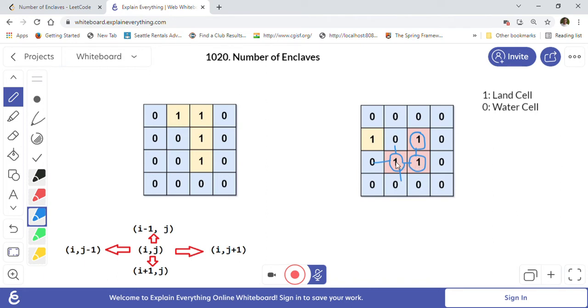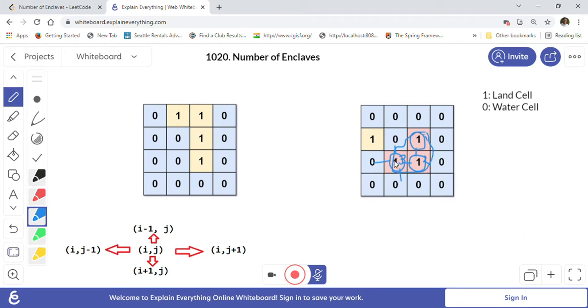So there is no way we can walk off the grid for all these 3 cells. Which 3 cells? This is one cell, this is the second cell, and this is the third cell. So these internal 3 cells are where we cannot walk off the grid.